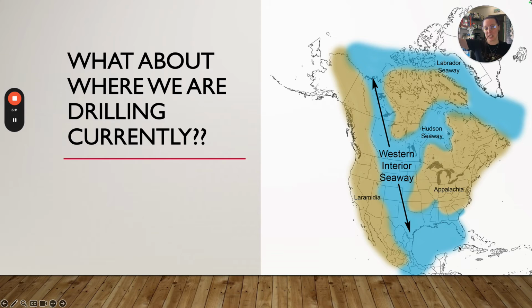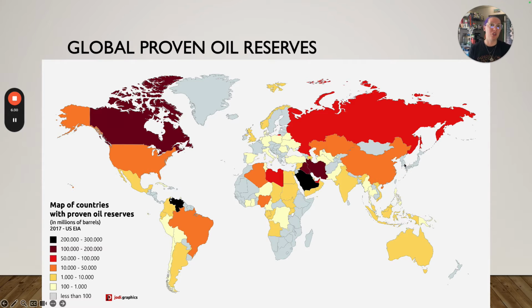So there was an inland sea there. So you had plankton growth that died and sank and then were covered by sediments, which again, over millions of years have now created oil and natural gas. And I forgot to mention North Dakota earlier in terms of where we currently drill, but that is a big location currently. So again, if we were to consider worldwide and global, this is looking at global proven oil reserves